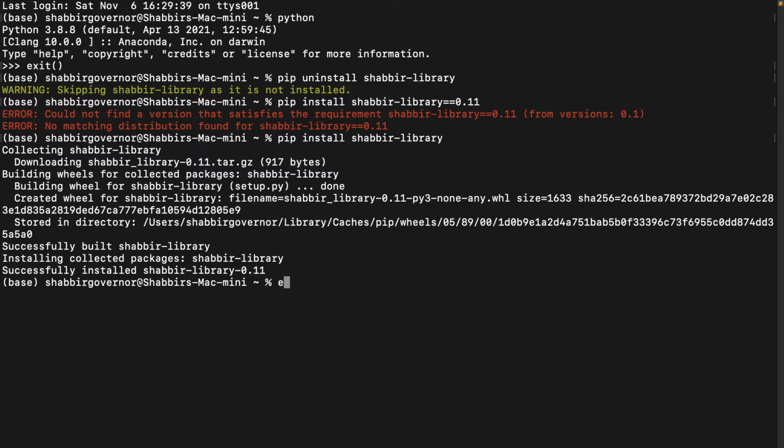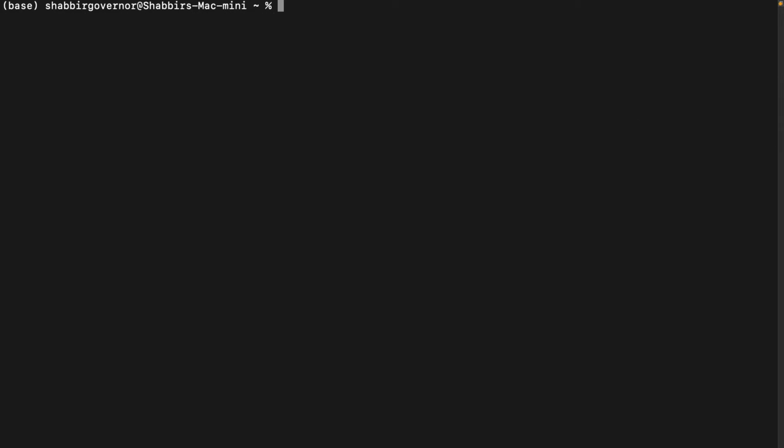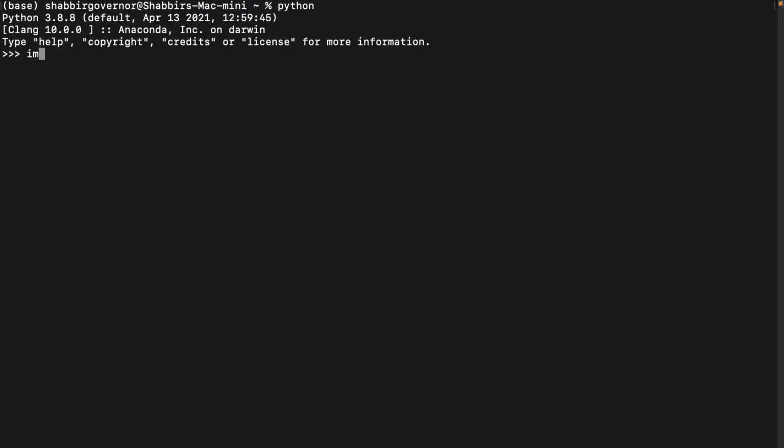Now what we do is that we just clear this thing out first of all, and we open the Python shell. So in the Python shell, firstly we will be importing my library, Shabbir library as SL. So it has been imported. Now we had a bunch of methods that were there in the operations file, and we can directly use them. So firstly we'll be checking the add method. We pass in two arguments 2, 8, and we see that we get the expected result as 10.